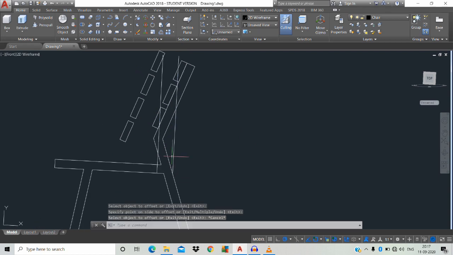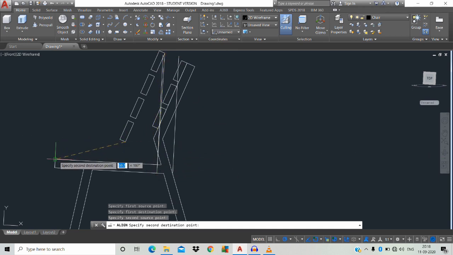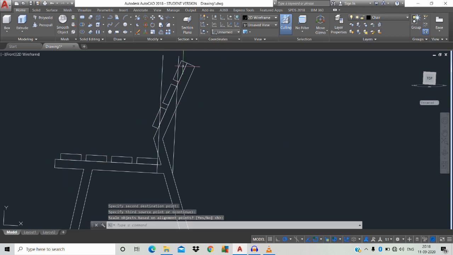Now we're going to do align. AL for the align command, space. Just click this object, space. This object is going to be placed over this point and this object towards here, space. Just click the unwanted lines.